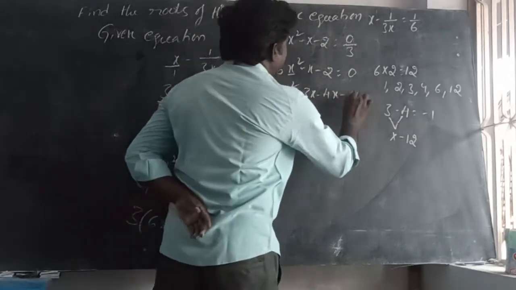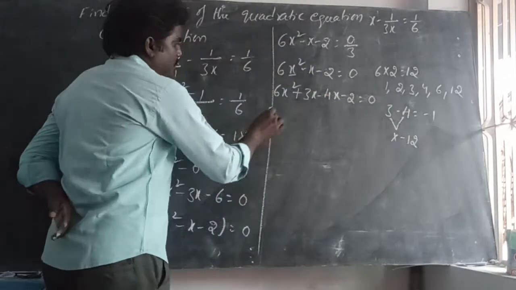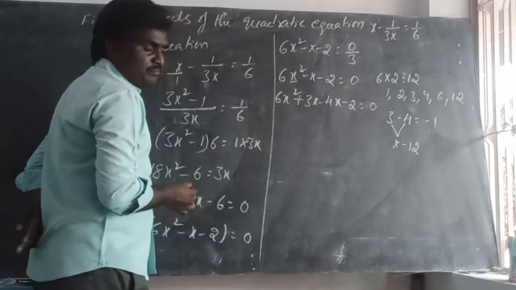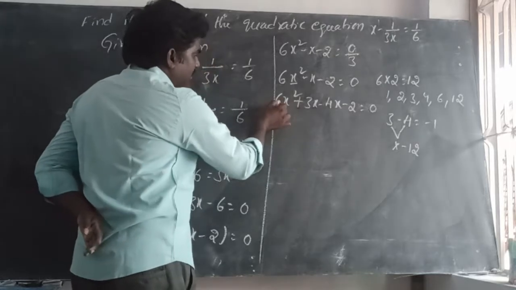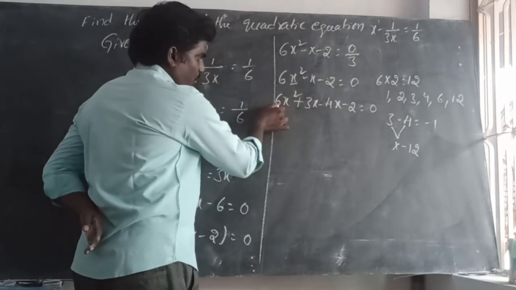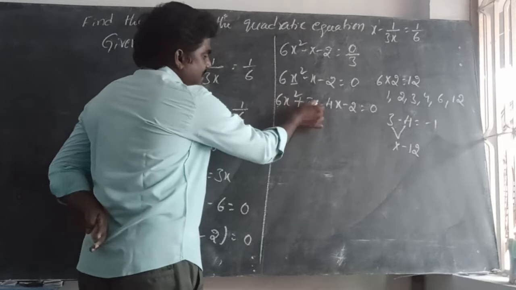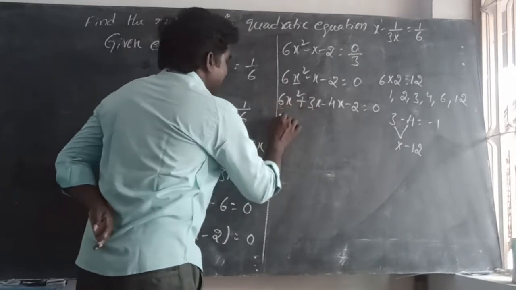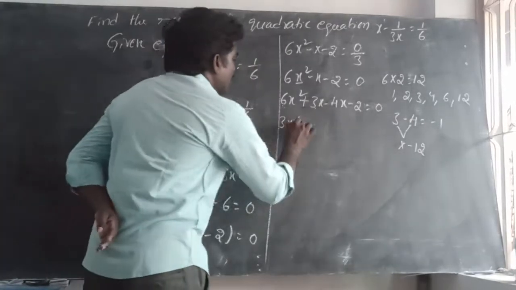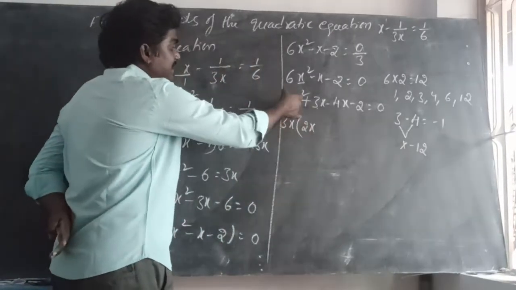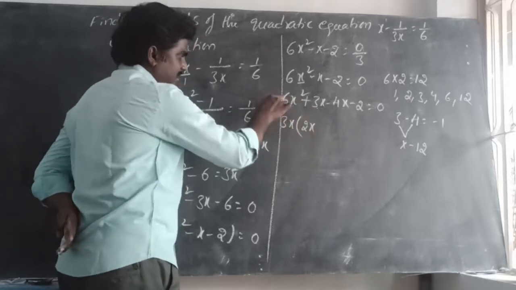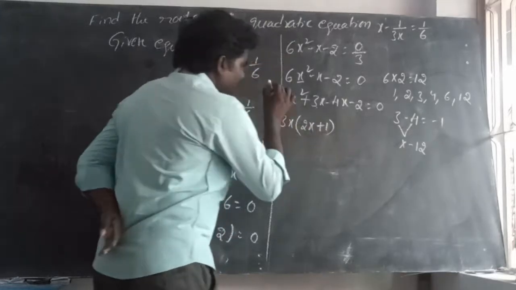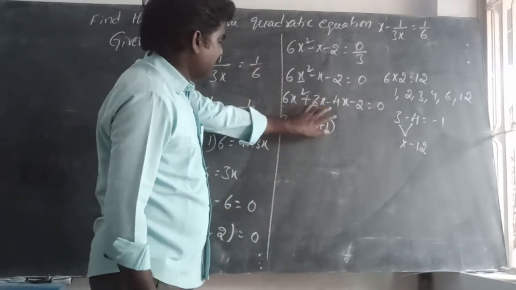Minus 1x minus 2 is equal to 0. In these two terms we can take the common. Which one can we take common? Here 6 is 3 into 2, and x squared is x into x, so 3x is taken outside. What remains? 2x, and x squared more, x into x, 1x is taken outside. What remains? x. Okay, 3 is taken outside. What remains? 2 plus 1. 1 multiplied with anything gives the same.